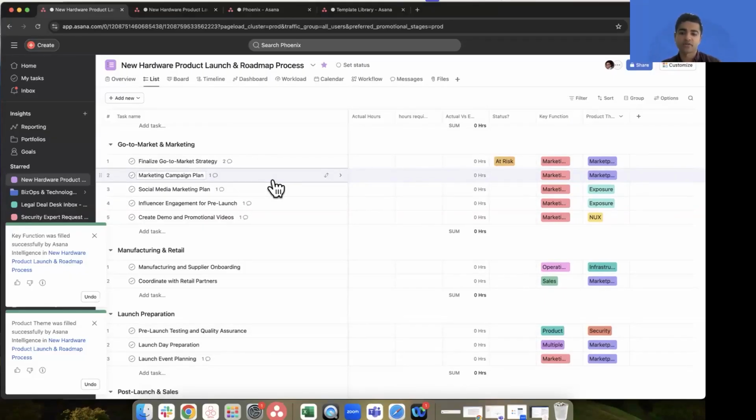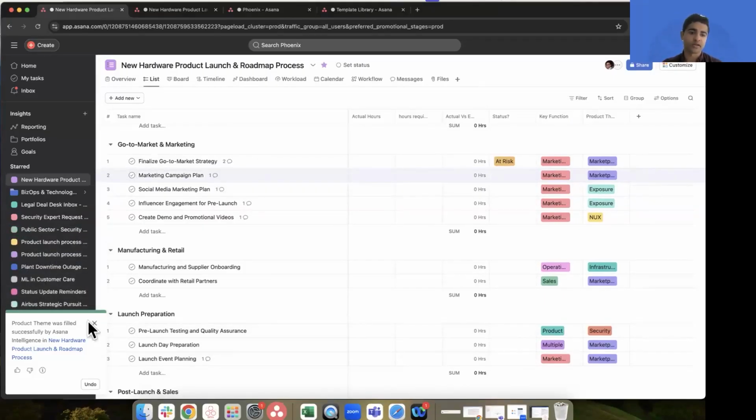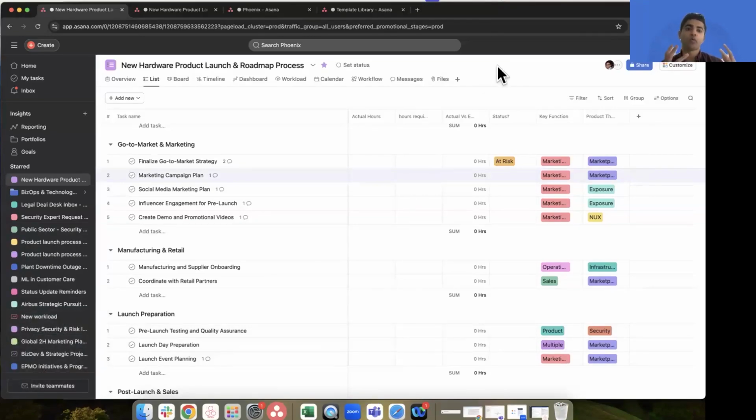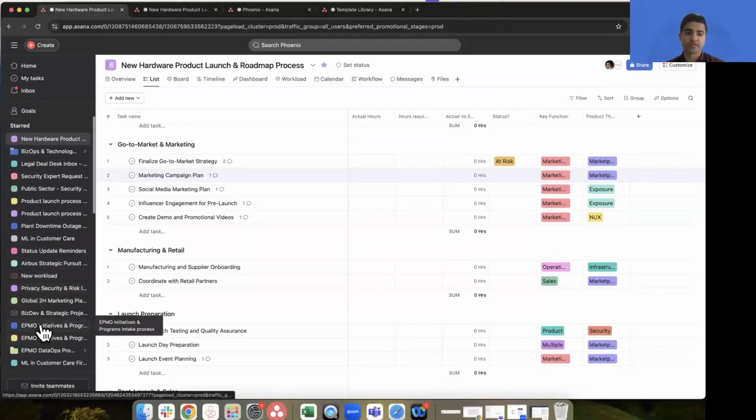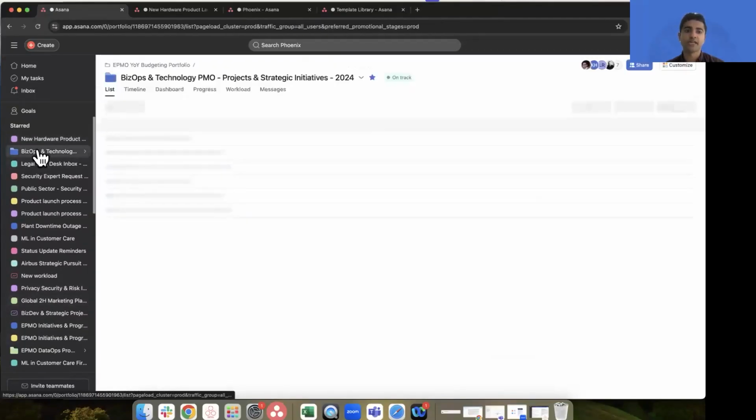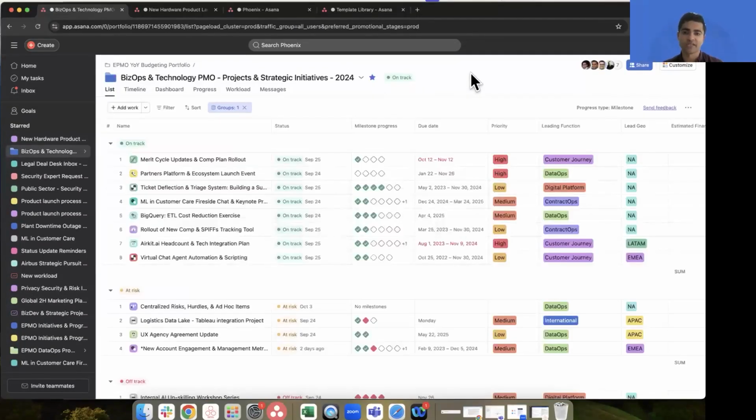And the other thing that's really important to mention here, like we've been talking about when it comes to scale, is what happens when you've got dozens or hundreds of these types of projects. How does that operate? How do you view it in a consistent fashion? That's where portfolios come into play. So portfolios is just a really easy way to say, okay, we've got a collection of projects, and a single project can also live in multiple portfolios at the same time.